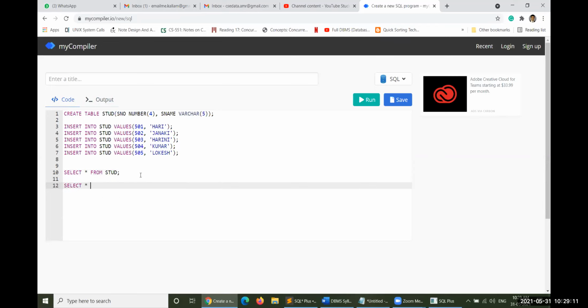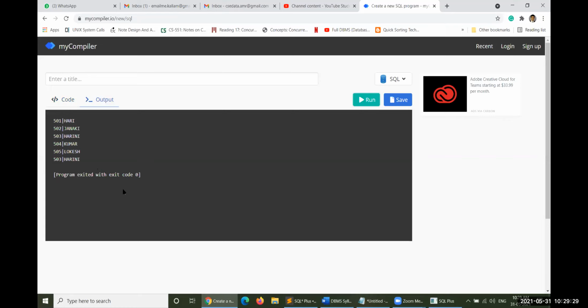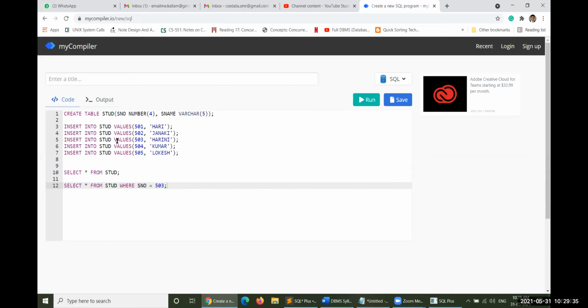So everything from EMP STUD, where the registered SNO, so student number, equals 503, for example. Execute this one again. Okay. So where is it? This one. Then if you write something like this, every time everything will get executed. So that is why everything will be put into